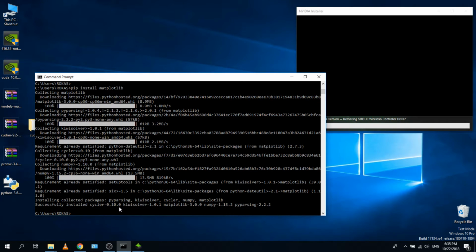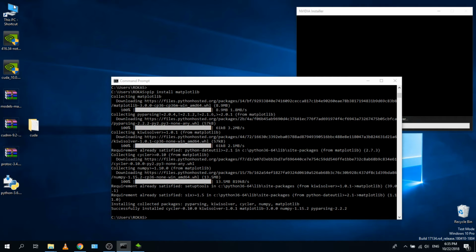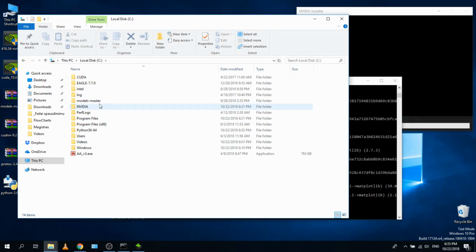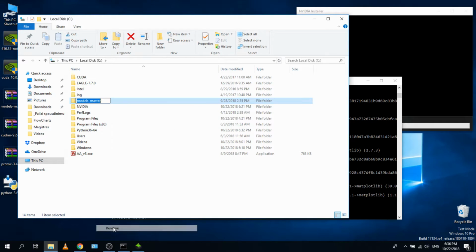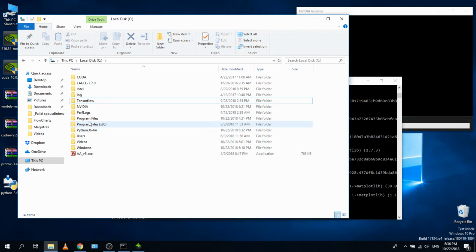So it installed successfully, our libraries we needed. You remember I extracted our model to local disk. It was called model master. So I'll rename it to TensorFlow. It will be easier for us to work with it while it has this name. So, TensorFlow,